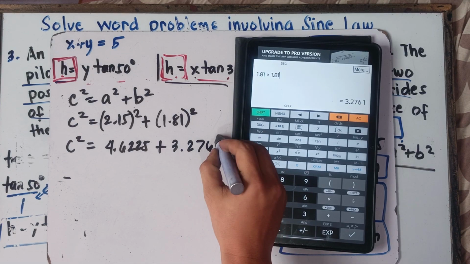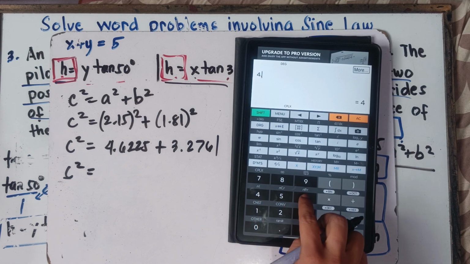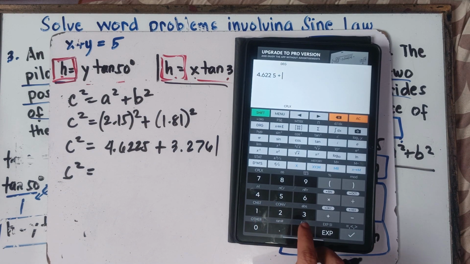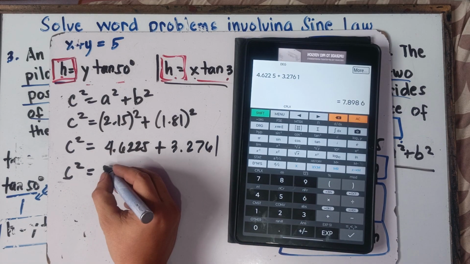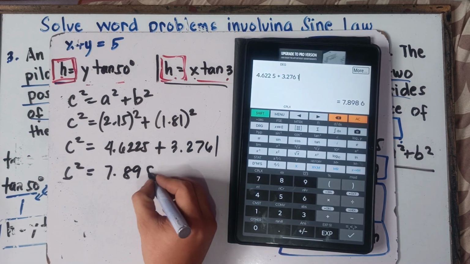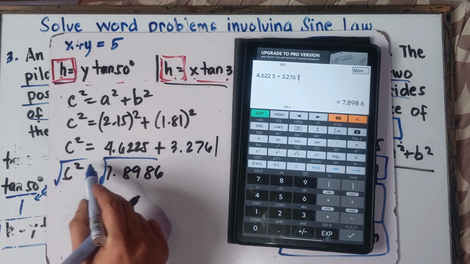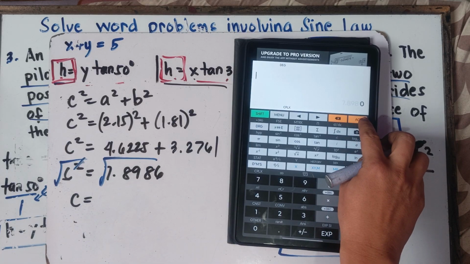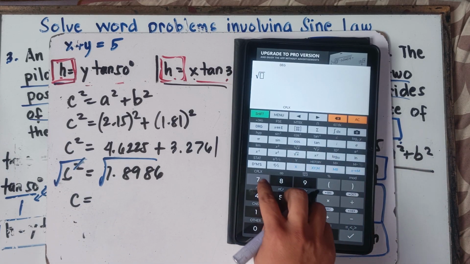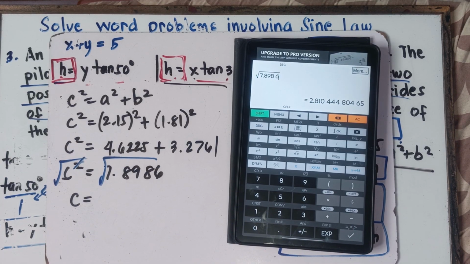Alright, and then simply add this one. So c squared equals 4.6225 plus 3.2761. The answer, class, is 7.8986. And then simply extract the square root of both sides so that you can cancel this out. And the remaining expression will be only c. So the square root of 7.8986. And the answer, class, is